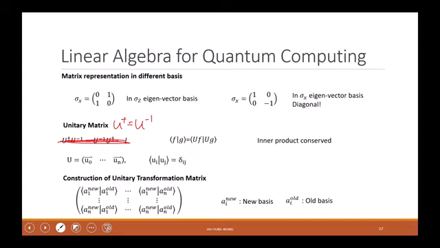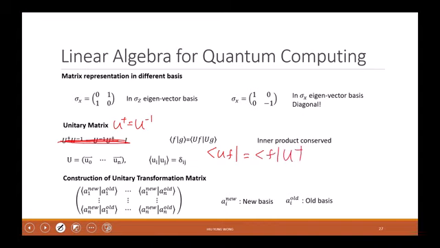Why is this important? Because it preserves the inner product if we do the transformation. Because this matrix, again, what is a matrix? It's an operation, a transformation, right? So if I transform F and G at the same time, then their inner product becomes UF and UG, right? And since UF is just equal to F